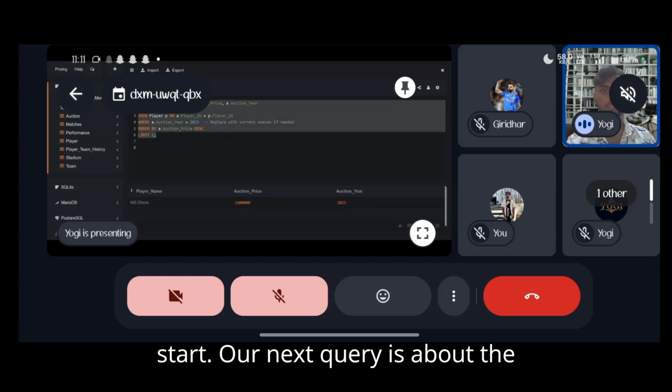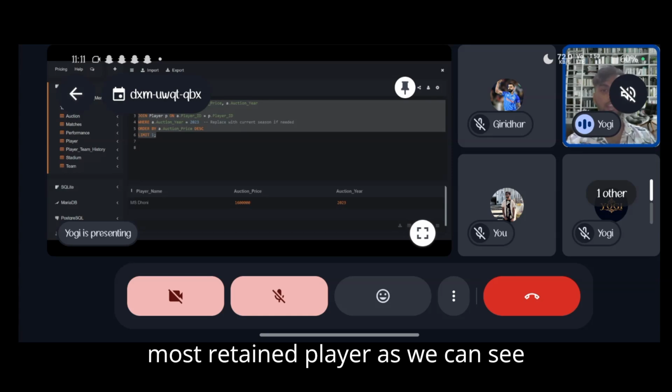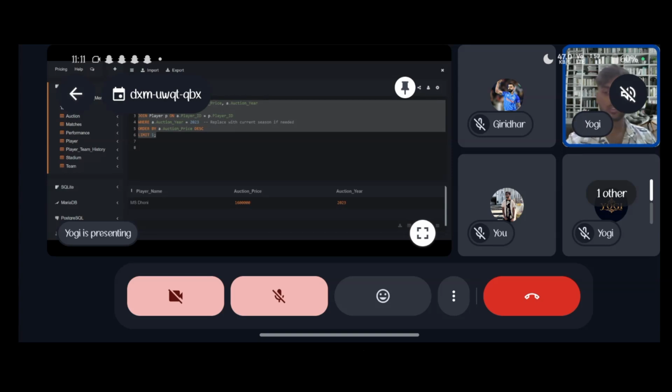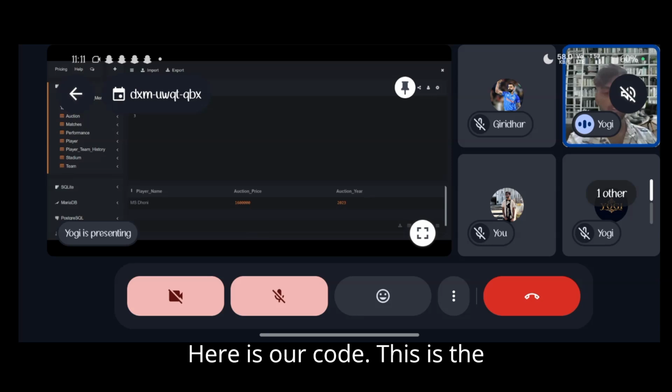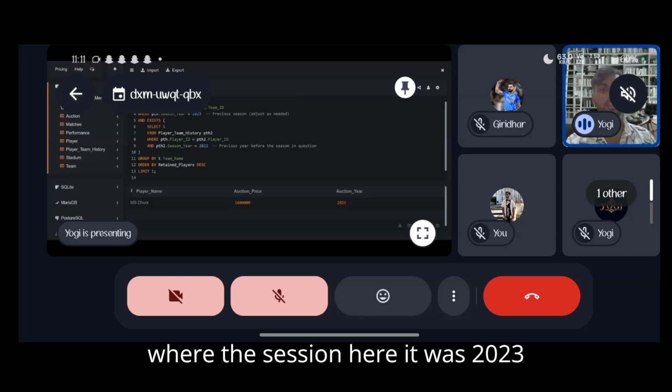Our next query is about the most retained player. As we can see that code, just a minute. Here is our code. This is the code from player team history path, join team on team ID, and where the season year